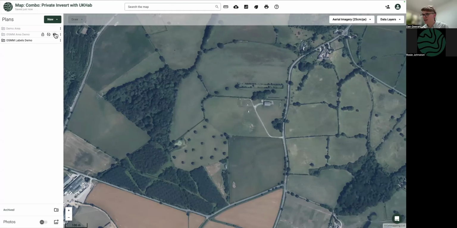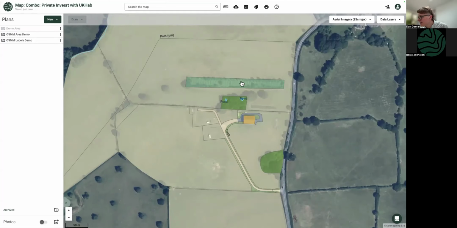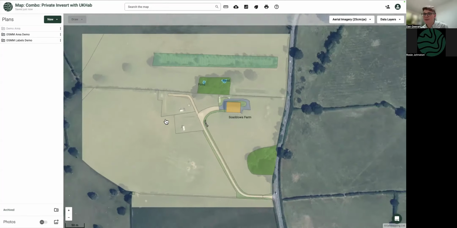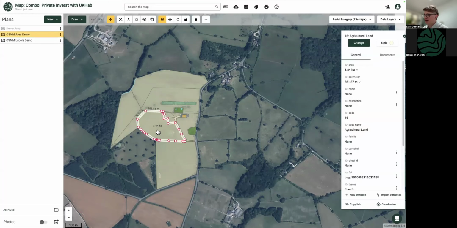So got a little scrubby patch here. We've got some ponds. We've got a track. But the language of that is in the language of OS master map, i.e. all the agricultural land, albeit grassland or woodland, grassland or arable, sorry, is just coming out of agricultural land. And so our best guess baseline does one step further, which is looks at satellite data, looks at kind of the last 5 years of information that we can extract from Natural England or Environment Agency, or if you're in Scotland, Nature Scot, to then provide a best guess of what habitats are on the farm.